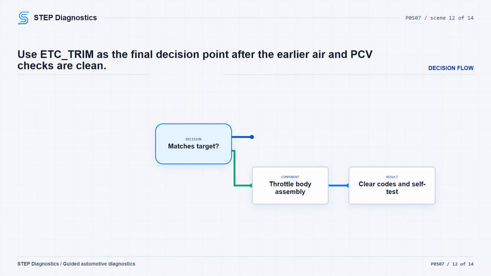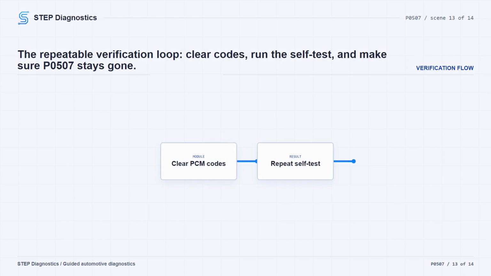If ETC trim is equal to 3.5 degrees, install a new throttle body assembly. Clear the PCM DTCs and repeat the self-test. If ETC trim is not equal to 3.5 degrees, move into symptom-based testing for further direction. Keep verification separate from testing. After any repair called out by this diagnostic routine, clear the PCM DTCs, repeat the self-test, and confirm the code